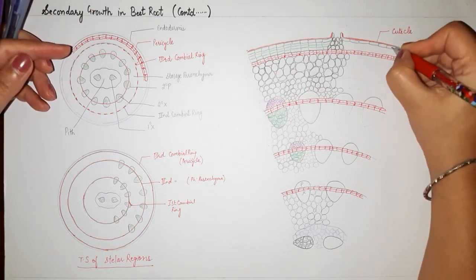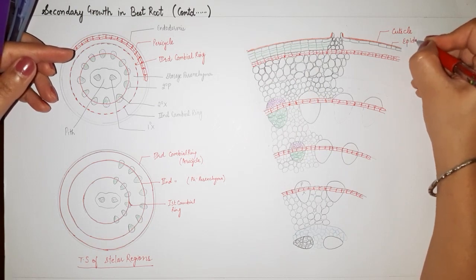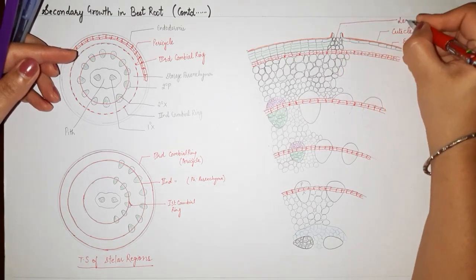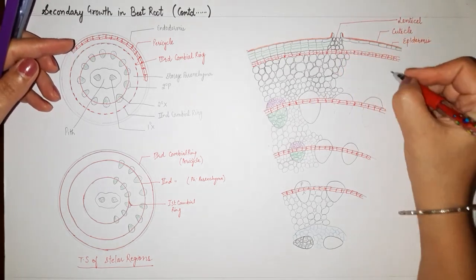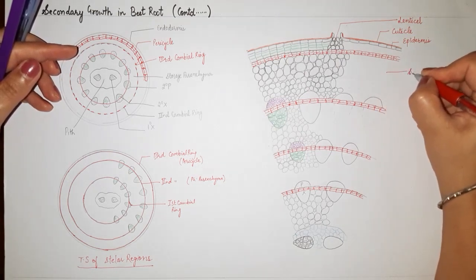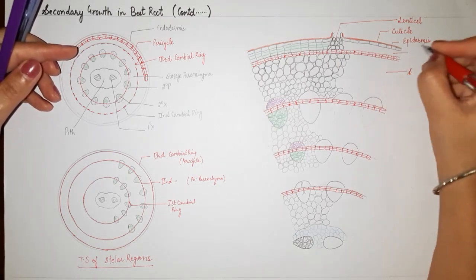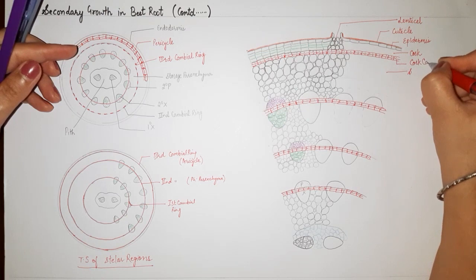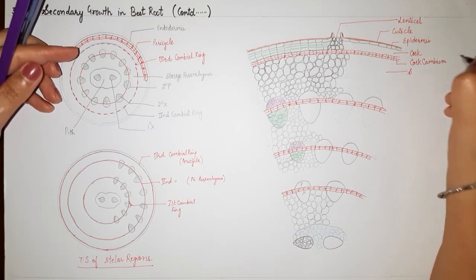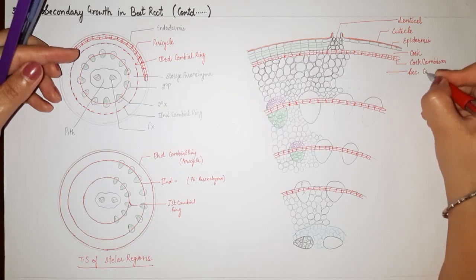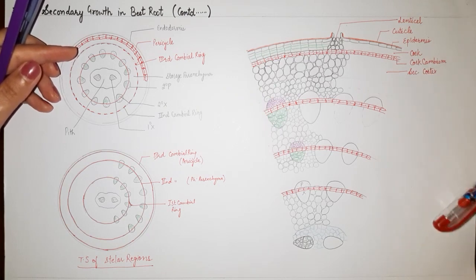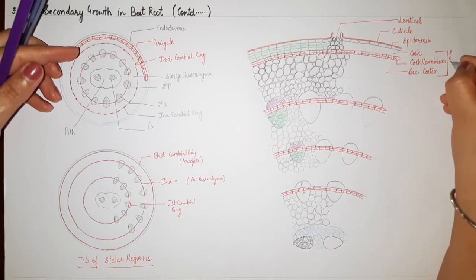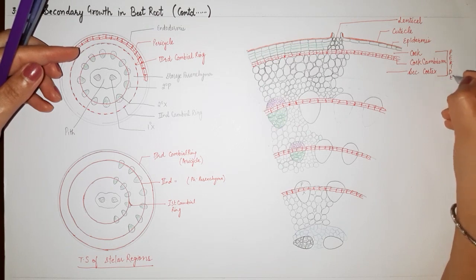Cuticle, epidermis, lenticell, cork, cork cambium, secondary cortex. So all three constitute periderm,